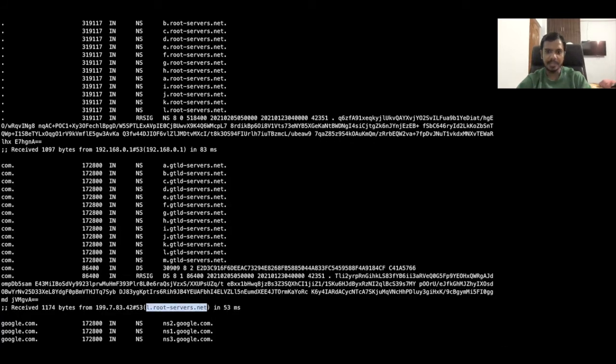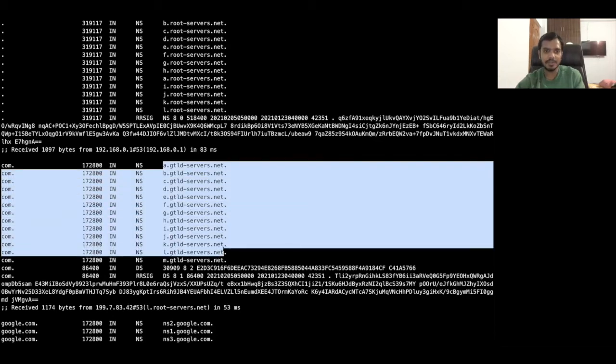l.rootservers.net. So the second query, all the queries are iterative here. Do remember it. The first query was iterative. It made the request to the local DNS server and got the reply. Then it is making the second request to l.rootservers.net, and you can see it has received some bytes, and this is the IP address of l.rootservers.net, and you can see what reply it got from l.rootservers.net. That is basically one of the root servers itself. So from one of the root servers, this is the reply the dig command got.